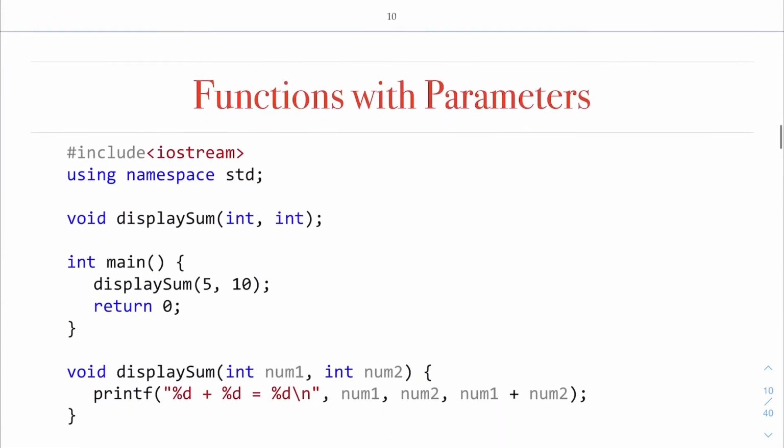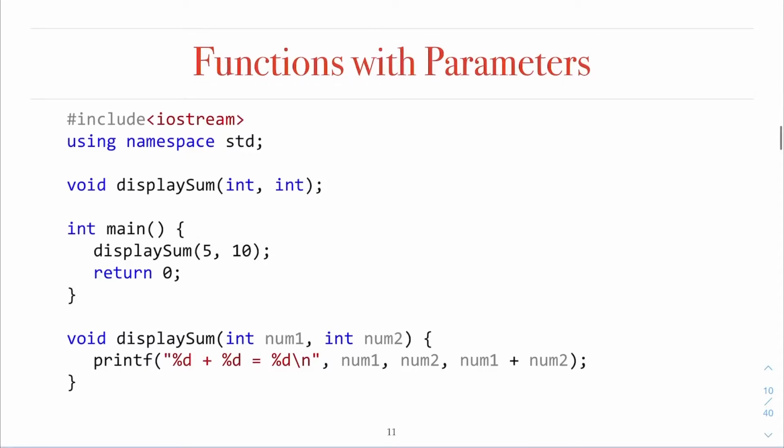Alright, here is another example that demonstrates a function with parameters. I have here a function named display sum, and it takes in two integer parameters and returns nothing. You may wonder, why don't I have the same definition and declaration?